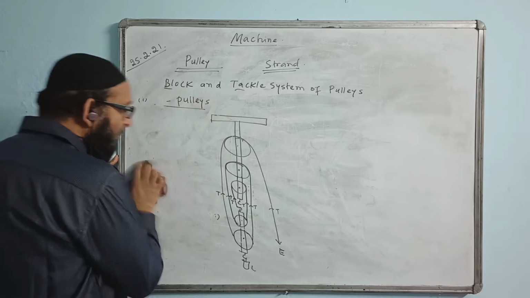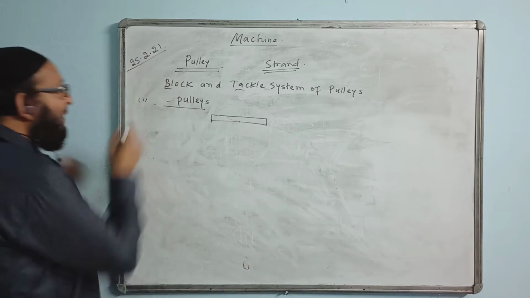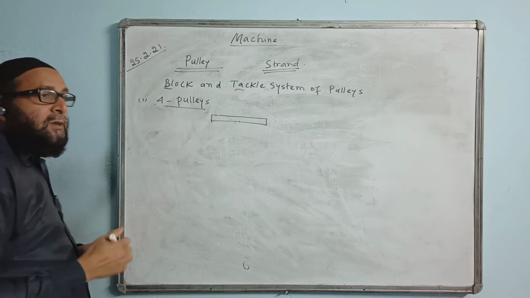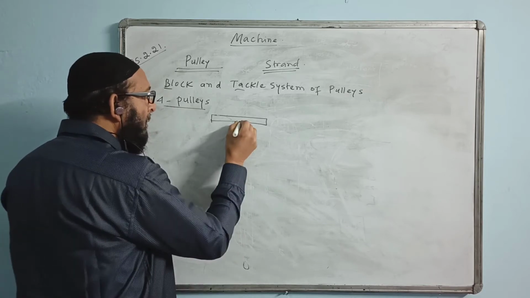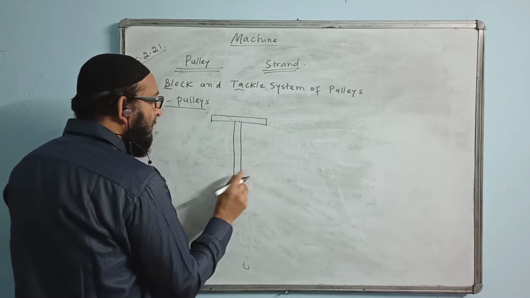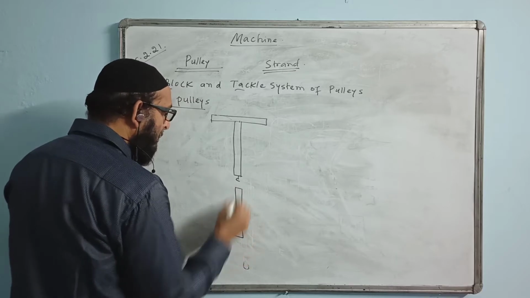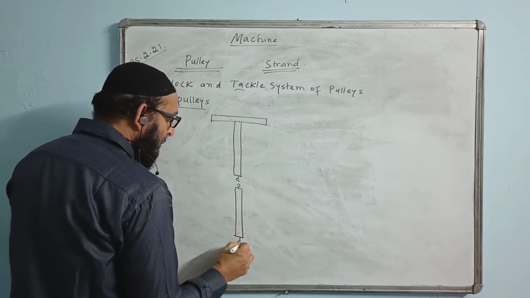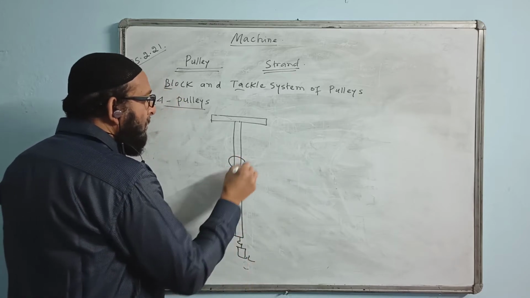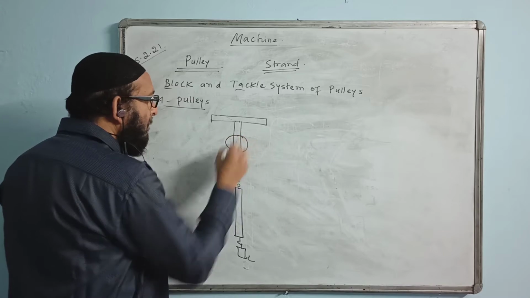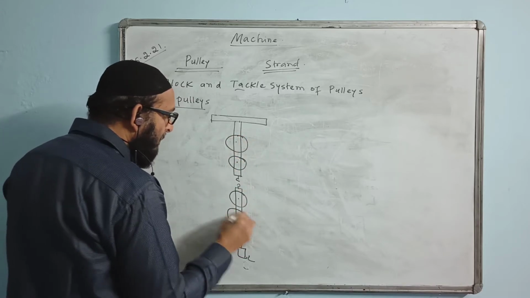Now I am coming to that one. If there is an even number of pulleys, such as 4 pulleys or 6 pulleys, they will divide equally, 2 up, 2 down. Now let us see this case. We have an upper block and a lower block. One pulley is smaller, the next pulley bigger. Here also this pulley will be smaller, the same size, and the other will be bigger than that.